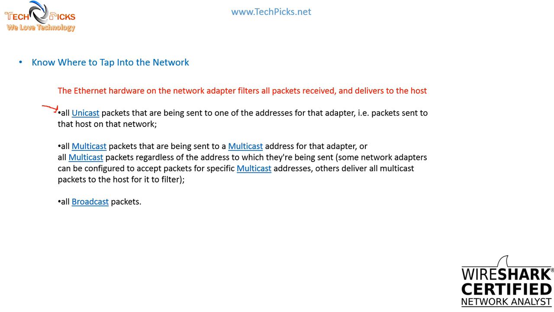He just says, why are you interested in that? Multicast is things that you're sending to a specific group, and broadcast is things that go to the entire network. The network adapter is not going to show you those unless, if you remember from last